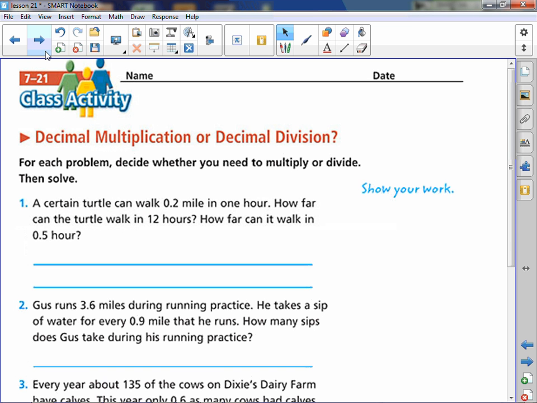Okay, so for each problem, we need to decide first, do we multiply or divide, and then solve. So I'm going to read them aloud. A certain turtle can walk 2/10 of a mile in 1 hour. How far can the turtle walk in 12 hours? How far can the turtle walk in half an hour? Well, it's multiplication, because if they can walk 2/10 of a mile for every hour, then we need to look at how far can they walk in 12 hours. So this is a multiplication situation,